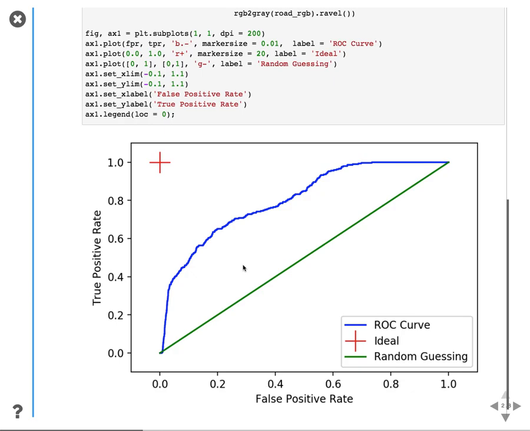And the other nice aspect of this representation, for an unbalanced distribution, is that you have random guessing as this green line, which has been a very helpful perspective to have, because a lot of times you'll build really complicated models and find out that the ROC curves are not significantly better than random guessing. It's a depressing thing to find out, but it is very helpful in knowing that your model isn't actually predicting or doing anything useful. It's just spitting out random guesses that happen to sometimes be right,